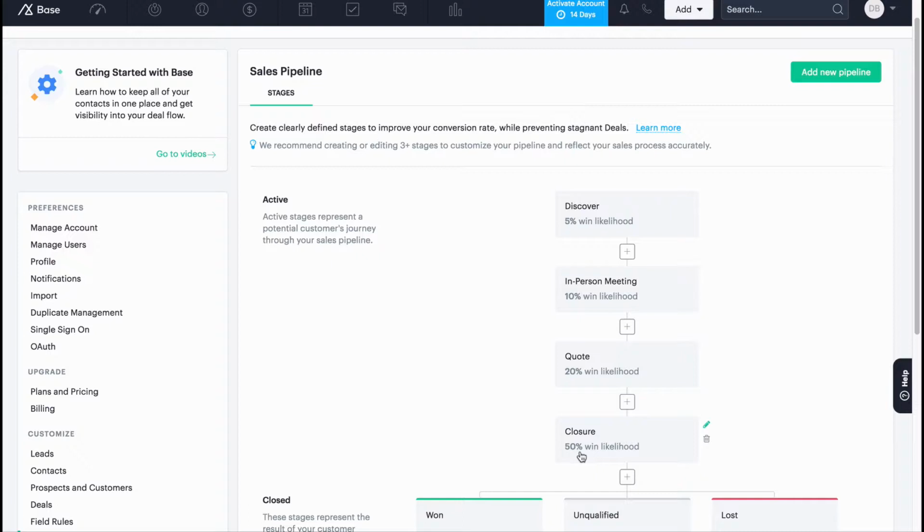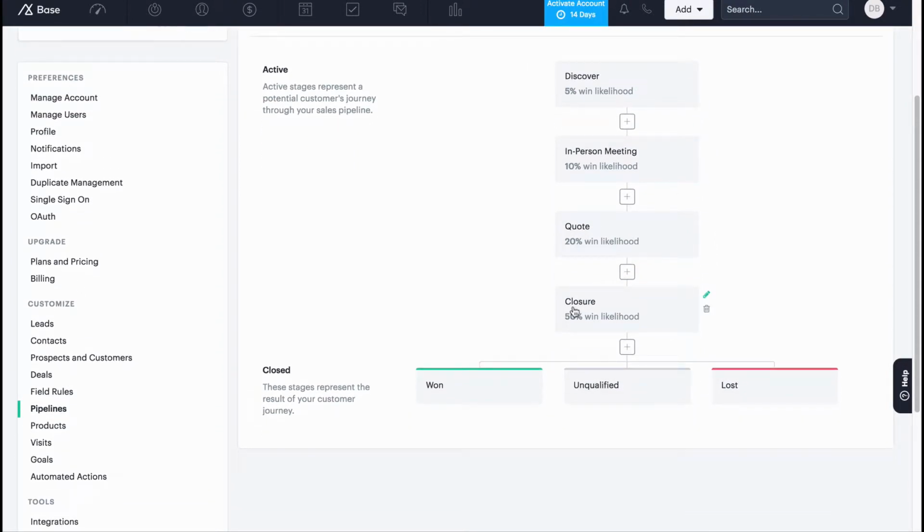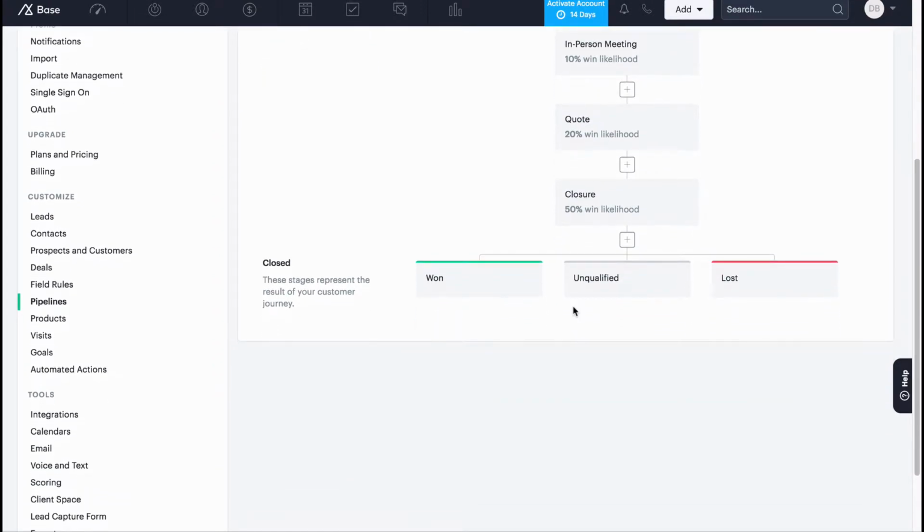The quote and closure would stay applicable for this scenario as well. Also, you'll notice different percentages, 5%, 10%. So for the professional plan, BaseCRM offers sales forecasting, and that's where these percentages are considered. As you learn more about the likelihood of a deal winning from discover to the next stage of in-person meeting, you'll get a better idea of that. So as you can see, we have customized the pipeline with the sales process for a realtor, and it's something manageable